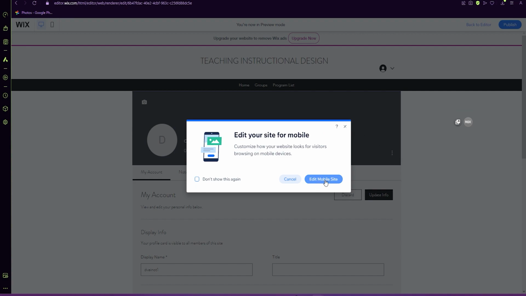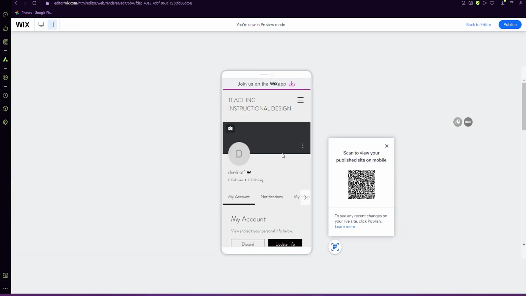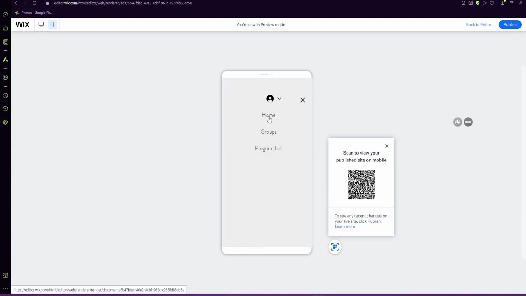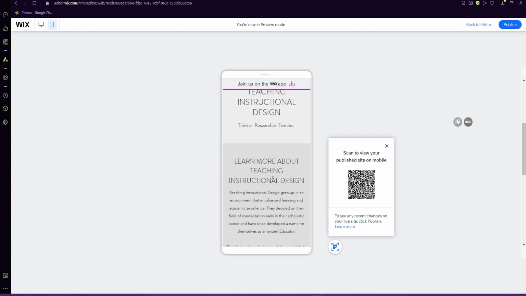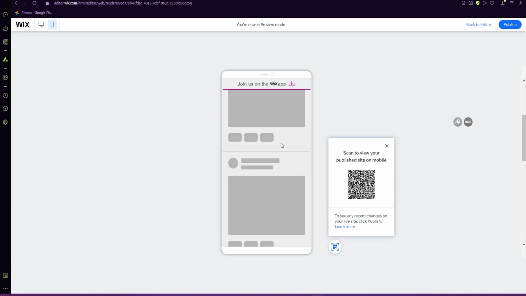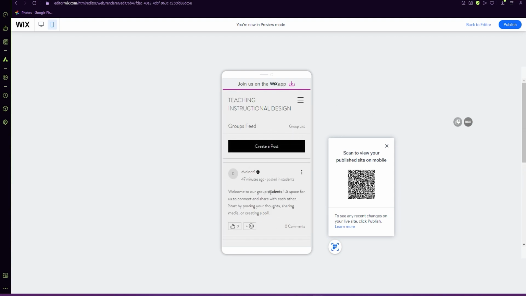Consider editing your site in mobile, which we'll go over. So up in the top corner, you're going to see switch to mobile. This will give you a preview of your mobile website. So here we can select home. Now, if you want to edit something that's on the mobile version, we can go back to editor